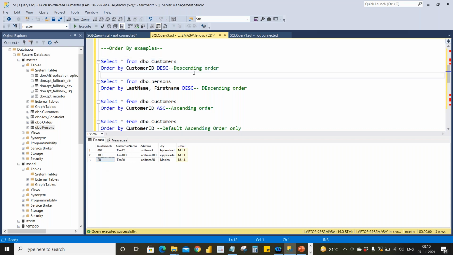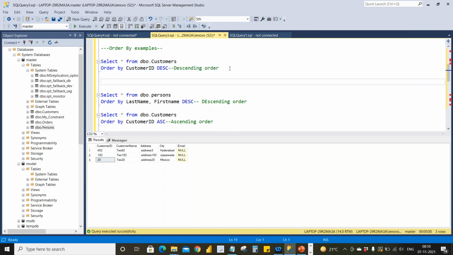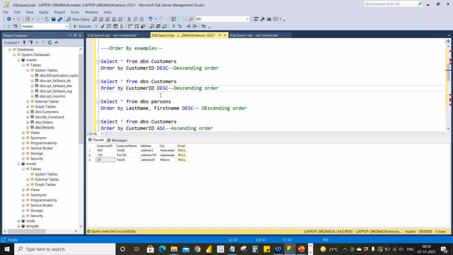In a similar way, you can sort with any other column. The same example, and now I want to sort with address.